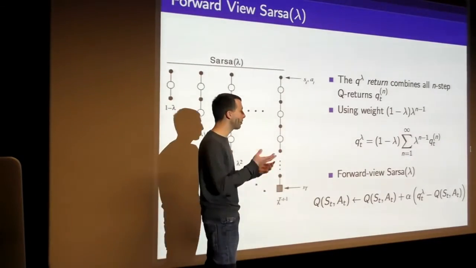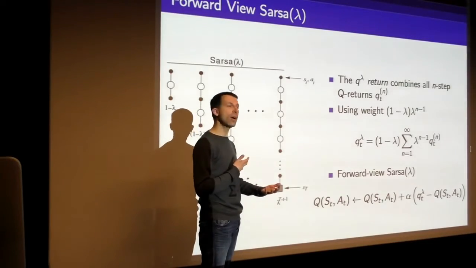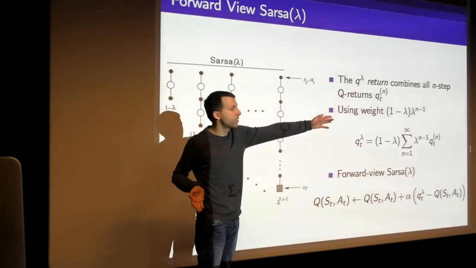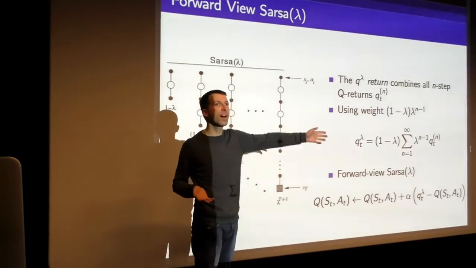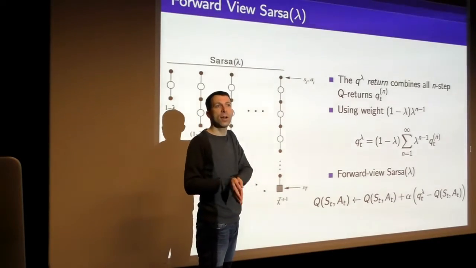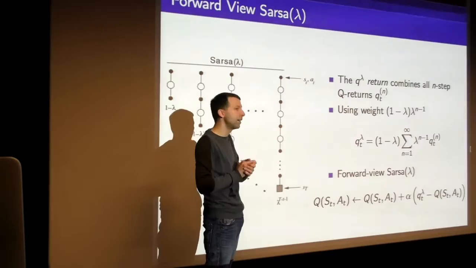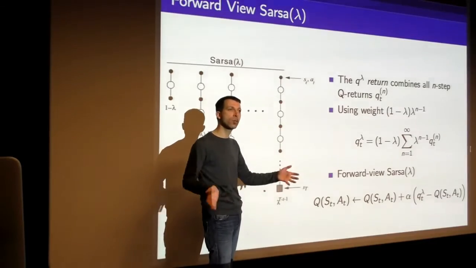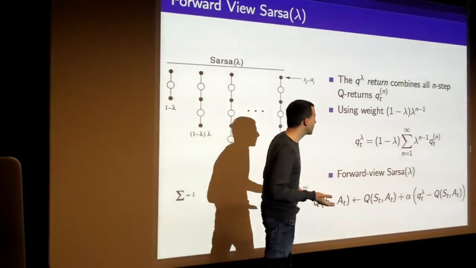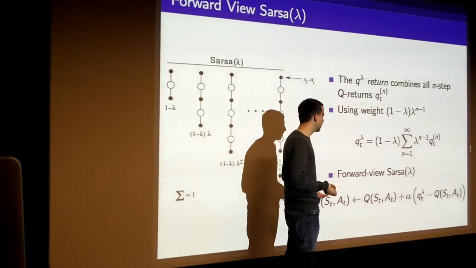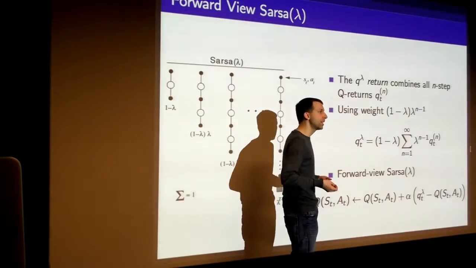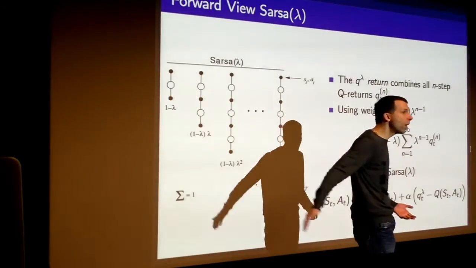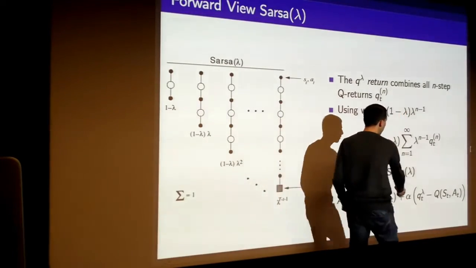This is great. We've got something which lets us build a spectrum between Monte Carlo algorithms and TD algorithms. We've got a variant of SARSA that can look all the way out to the future. If we set lambda to 1, it turns into Monte Carlo learning. If we set lambda to 0, it turns into our familiar SARSA that we saw in the previous steps. So now we have control over the bias-variance trade-off in between, and we average over all of these things. The only problem is that we're looking forward in time. This isn't an online algorithm. It's not something where we can take 1 step, update our Q value, and immediately improve our policy, because we have to wait until the end of the episode to be able to compute our Q lambda.